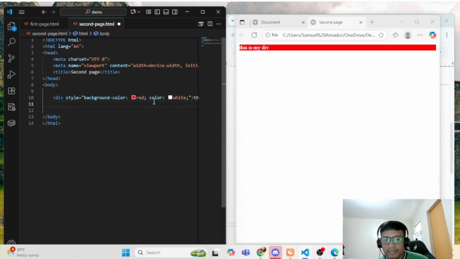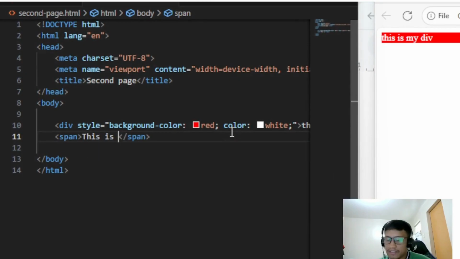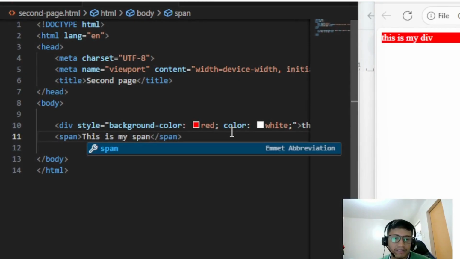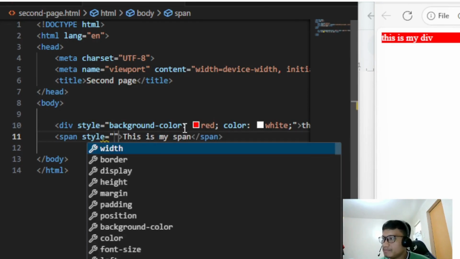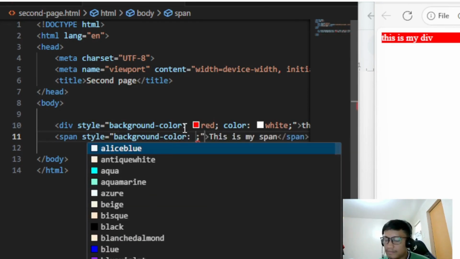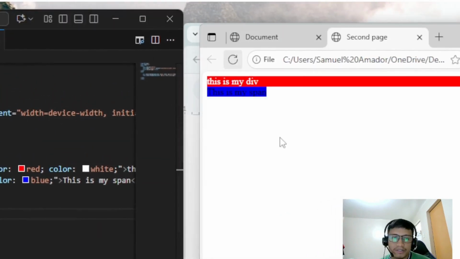So I'll create here span. This is my span. And then I'll create a background the same, say blue. Then refresh.